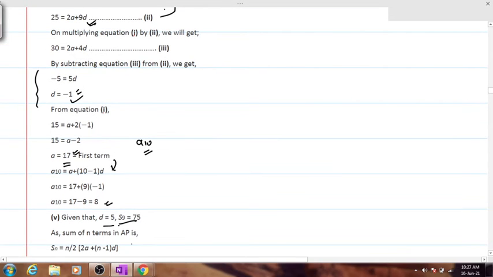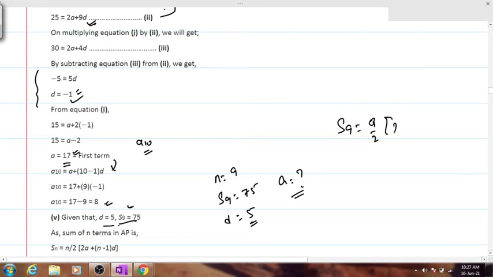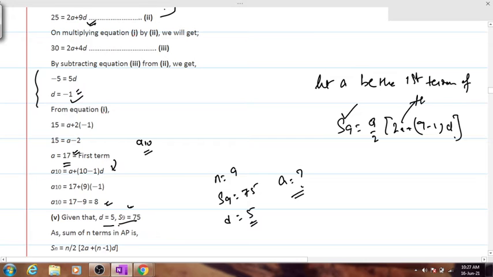So first of all, obviously we'll calculate the value for A, for which n is equal to 9, S9 is equal to 75, D is equal to 5. Can we calculate the value for A? Clearly, just use the formula S9 is equal to 9 by 2, 2A plus (9 minus 1) into D. Substitute S9 over here, substitute 9, I have already substituted. A, leave it out there like this. First we'll have to mention that let A be the first term of this AP. Clear? Then you have to use this formula. Tell me the value for A and go on to calculate the value for A9.